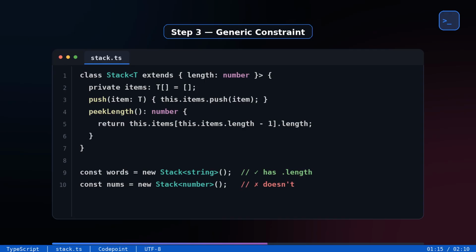private items: T[]; push(item: T) { this.items.push(item); } peek(): length: number { return this.items[this.items.length - 1].length; }